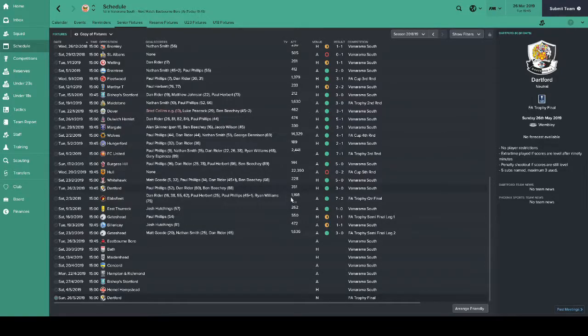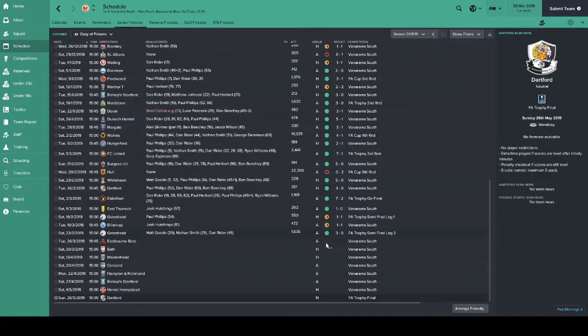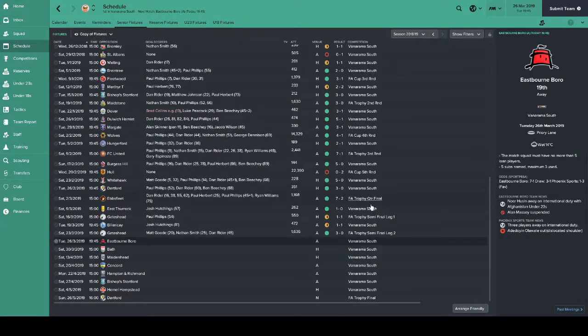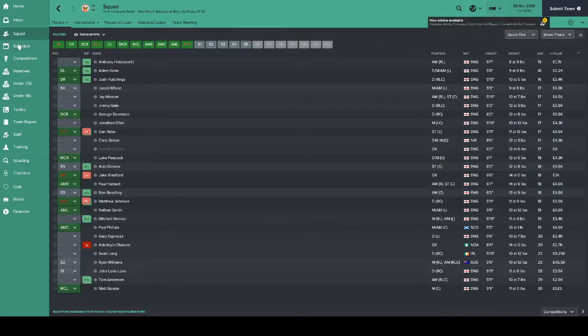Now, mixed results against Dartford, 3-0 win, 3-0 loss. So who knows how it'll go down. I for one am very excited. Gateshead, you might be wondering how they are getting on in their league. They're top of the National League. They and Ebbsfleet, that we have beaten both of them in recent weeks, are battling it out for